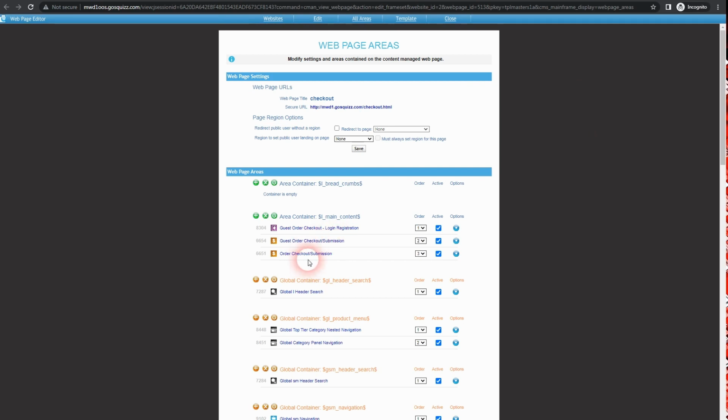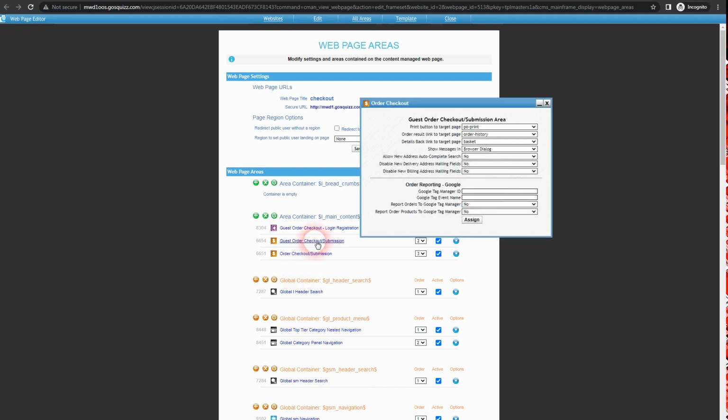And so if there's other areas in the Content Manager website that are used for order submission, so it may not be just these two areas on this page, it could be on any Content Manager web page where a guest or order checkout submission area is added, we can then go through and also add those Tag Manager IDs and event names there as well if we want to capture those events. So it means from different order submission areas that you may set up for different users or classes of users, you can have them flow either into different Google Tag Managers or even Google Analytics accounts, so that you can get very precise about where the ordering data is coming from and being able to do that reporting. So the system is quite flexible in that regard.